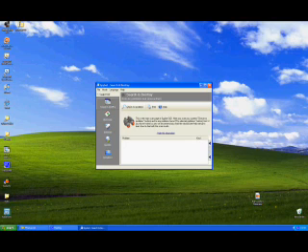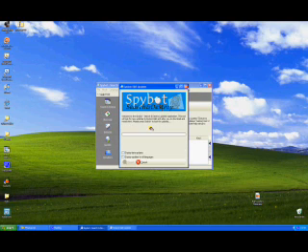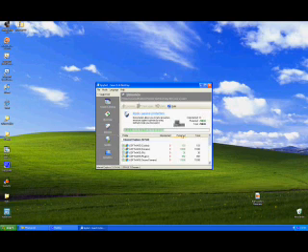Spybot is probably the best protection against malware and spyware that there is. If you have a problem with a computer, just try Spybot scan. It's really surprising what it can fix. It's really good. You can immunize against spyware